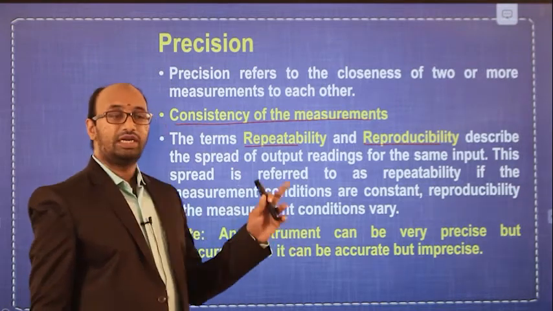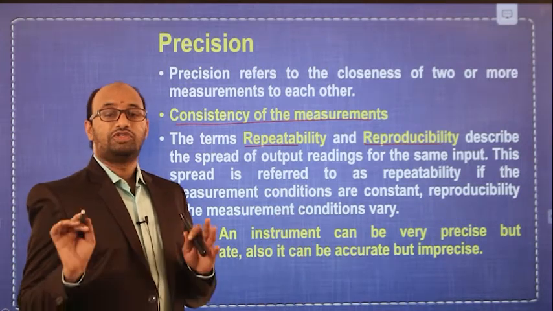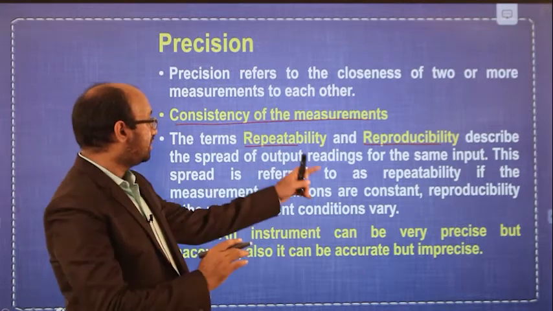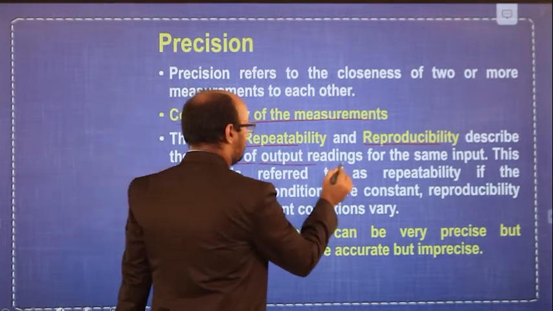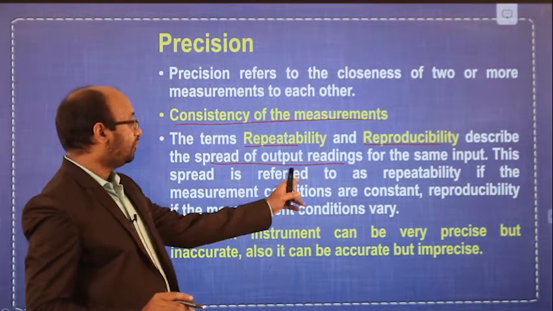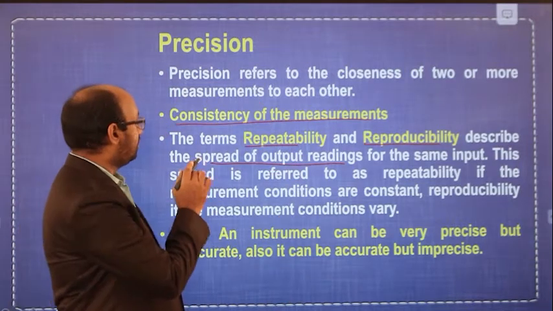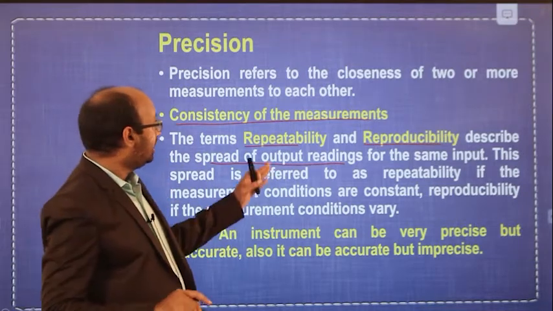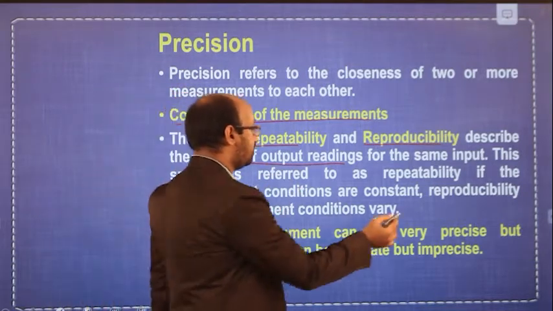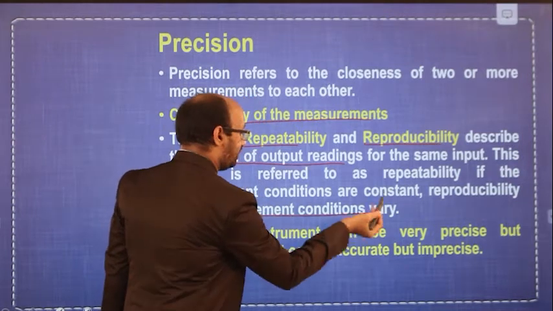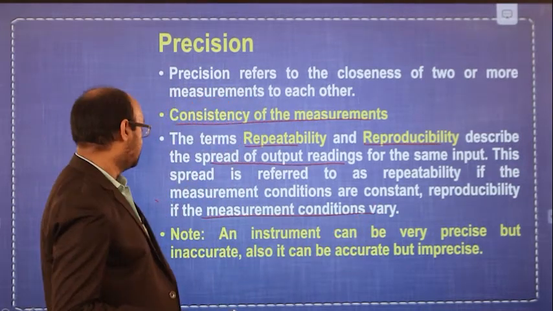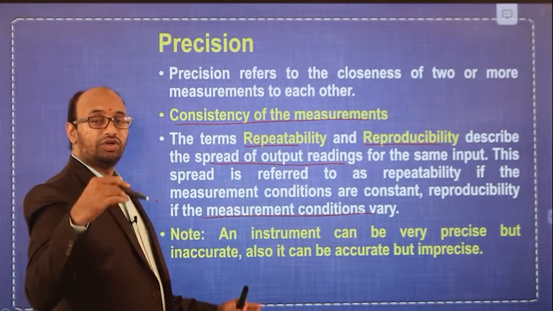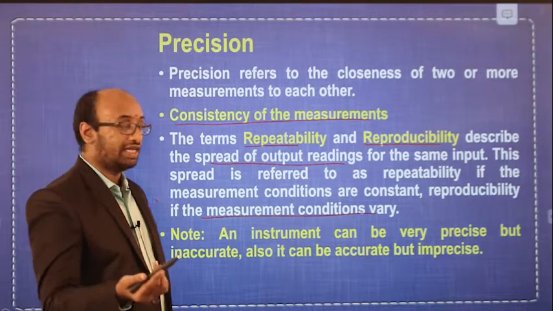So repeatability and reproducibility are the two terms used synonymously with precision, and these two terms represent the spread of output readings. This spread is referred to as repeatability if the measurement is done for constant operating conditions, and as reproducibility if the measurement is done for varying measurement conditions. So precision is the ability of the instrument to reproduce the same output, or the degree of agreement within a group